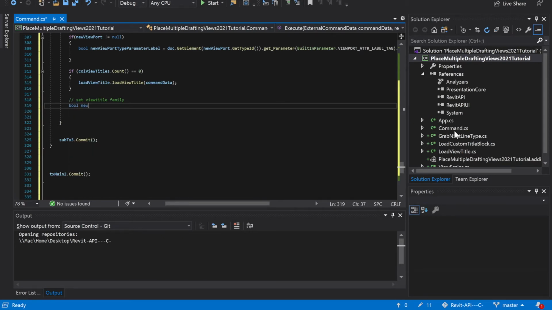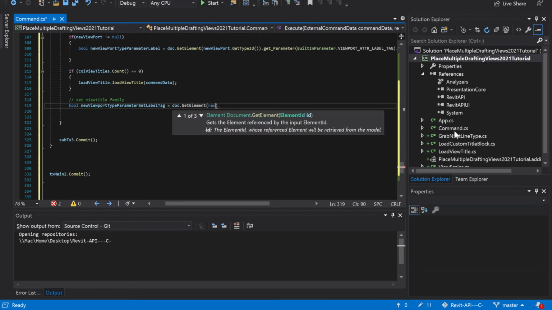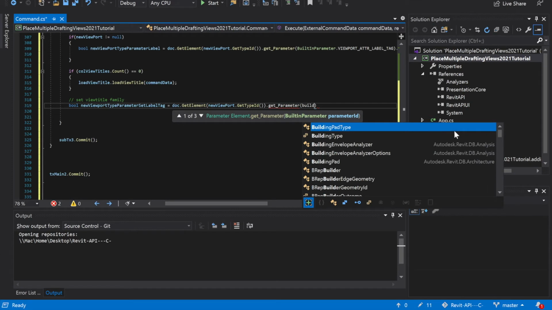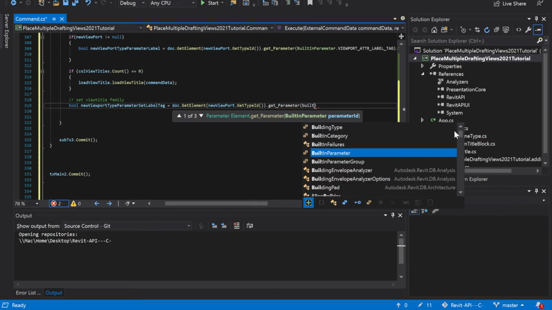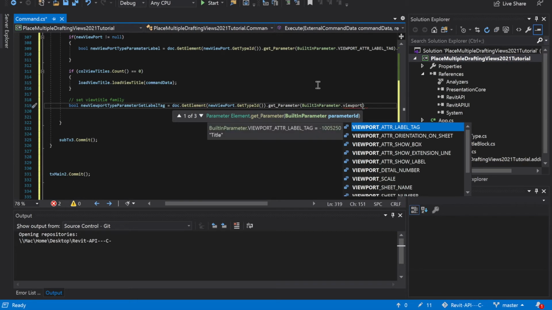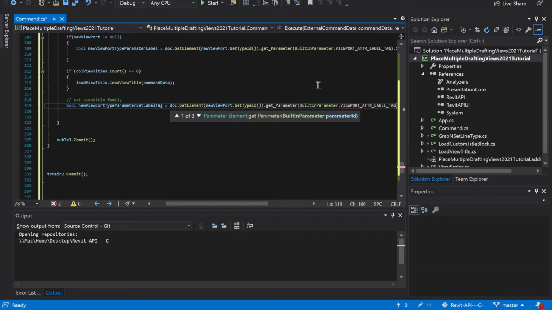It's going to be bool new viewport type parameter set label tag is equal to doc.get element new viewport dot get type ID dot get parameter built-in parameter dot viewport underscore attr underscore label tag dot